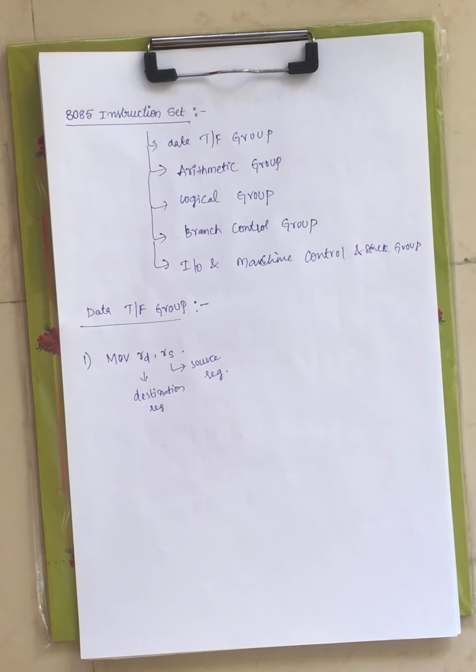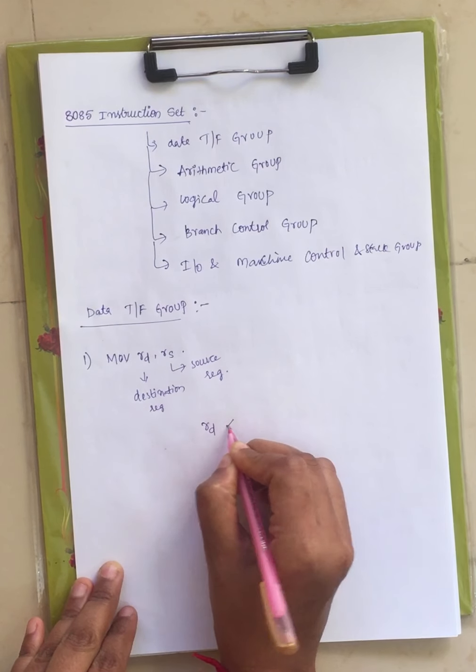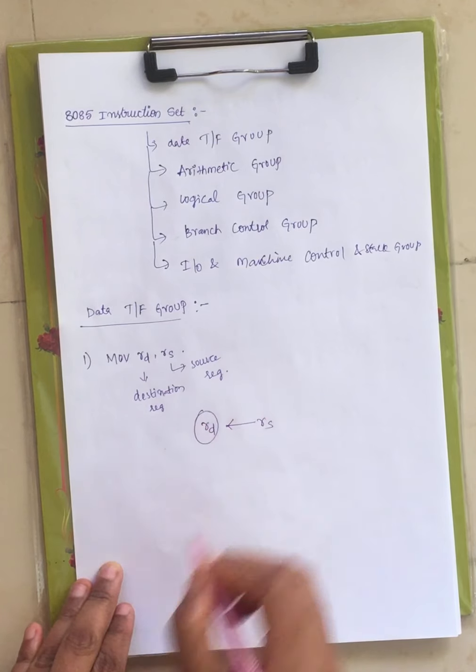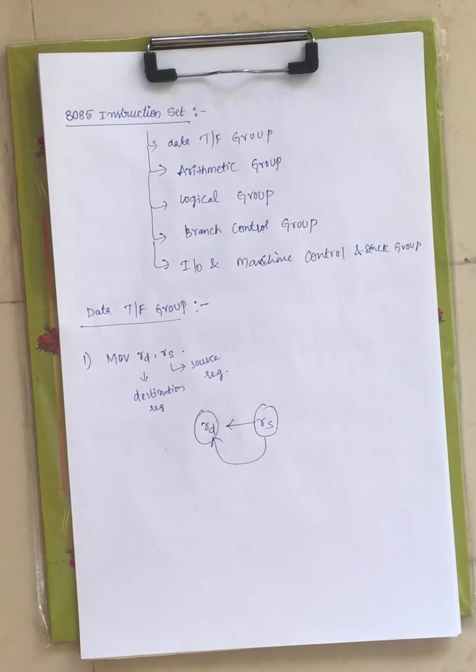Now MOV Rd, Rs. What is meant by that instruction, right? You are moving the contents of the source register to the Rd register. Data transfer, you are transferring the data from the source register to the Rd register. The name itself indicates it: MOV Rd comma Rs indicates that you are moving the contents of one register, that is Rs, to Rd. MOV Rd, Rs is nothing but moving the contents of the Rs register to the Rd register, right?